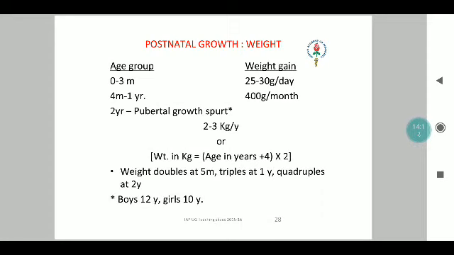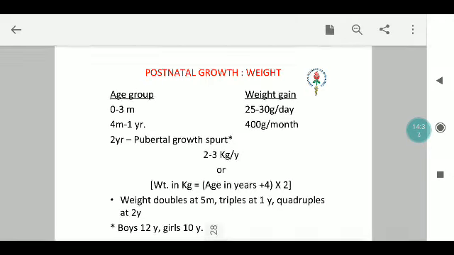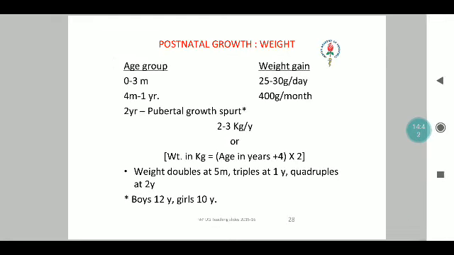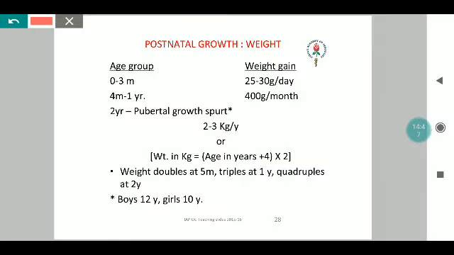If you consider the growth pattern initially, for the first 3 months, the baby is expected to grow at the rate of 25 to 30 grams per day, and for 4 months to 1 year at 400 grams per month. From 2 years up to the pubertal growth spurt, it is expected to gain 2 to 3 kgs per year. There are various formulae to know the weight. A simple formula is (age in years + 4) x 2, which is one formula in use. If you consider the other formula, up to 2 years of age, it is (age in months + 9) / 2